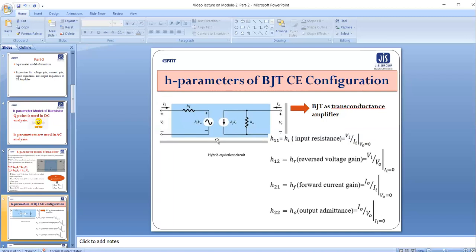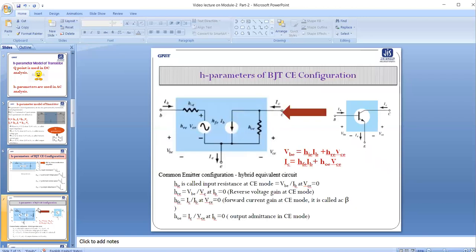Now when the transistor will be in common emitter configuration, we will see that the model will be somehow modified. When the transistor will be organized in a common base configuration, the hybrid parameter model will again be reorganized. So in the next slide, we are going to the hybrid h parameters of BJT common emitter configuration. Now, on the left hand side, it is our very common picture where the BJT will act as a common emitter mode.